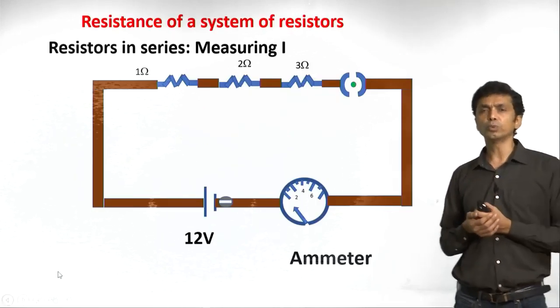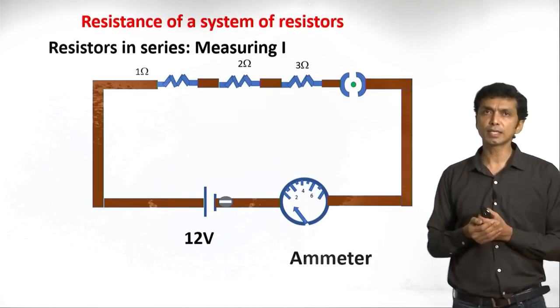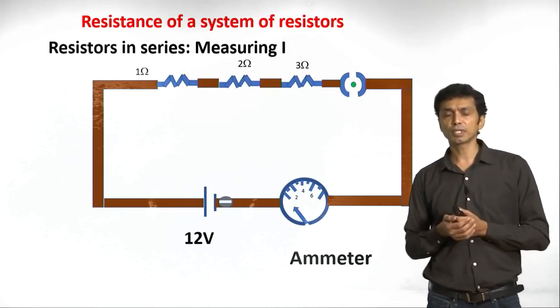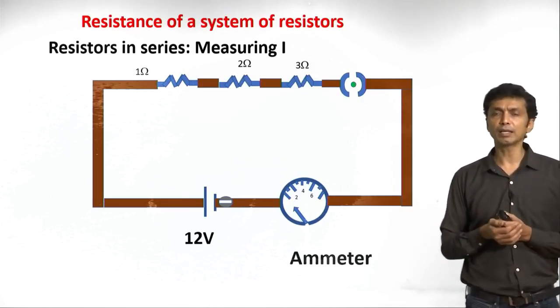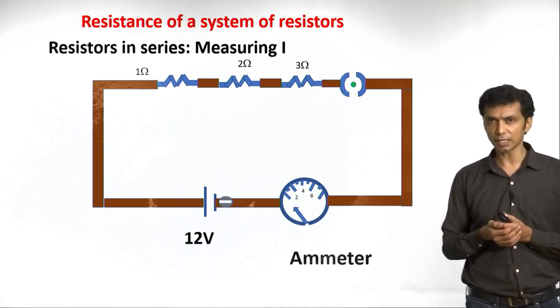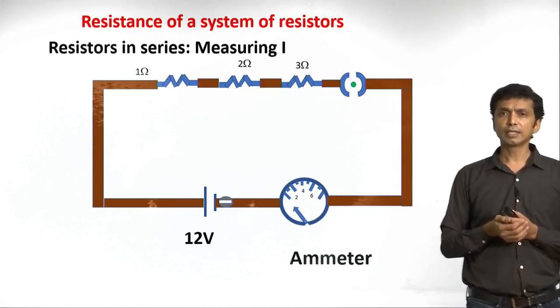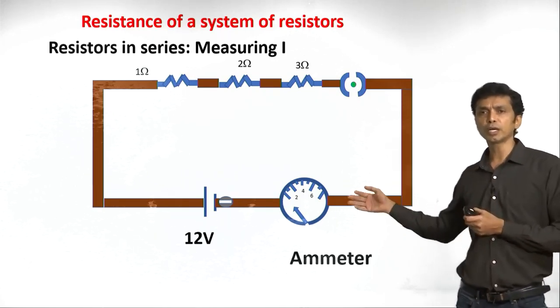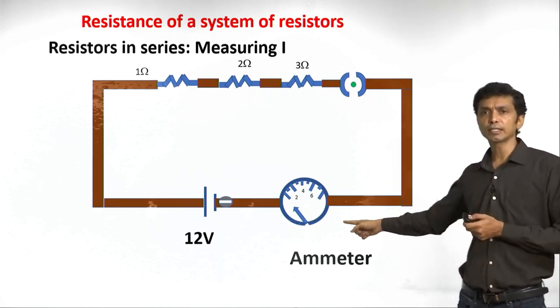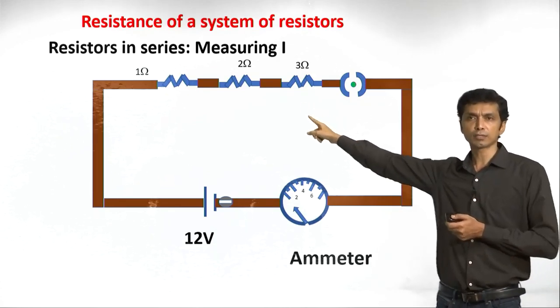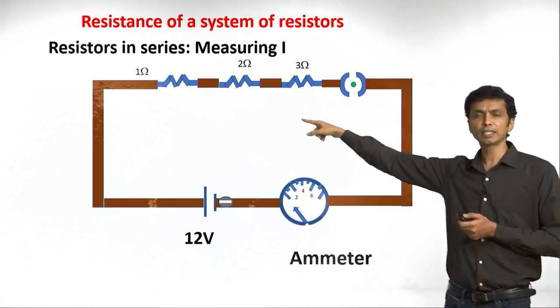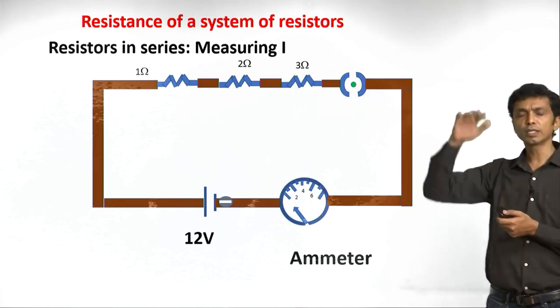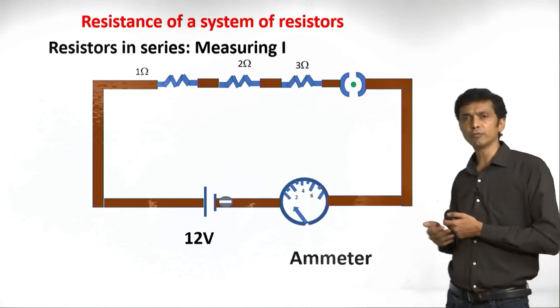Now, we will go to the third concept, that is the resistance of a system of resistors in series and parallel. First, we will learn series. This is the third experiment we are doing. What we need to think about is what is the electric current that we get. These three resistances are in series, one after the other. If they are connected like this, it is series. One over the other is another pattern that we will come to later.